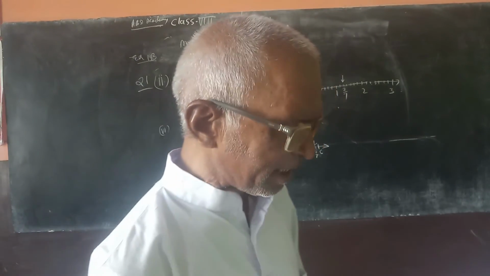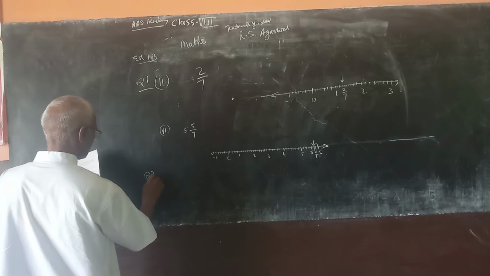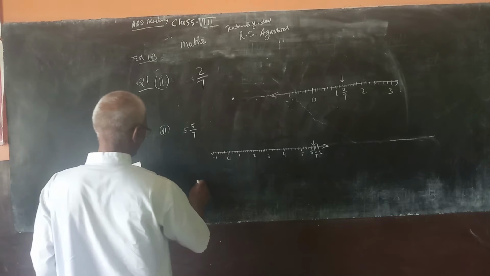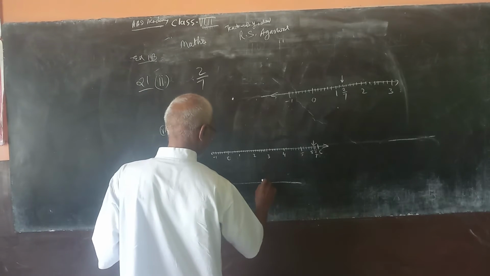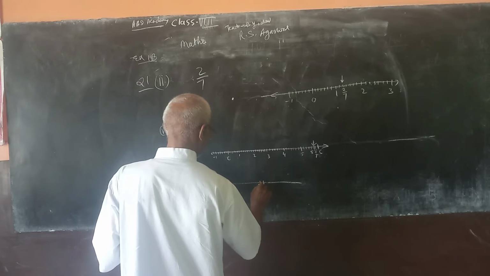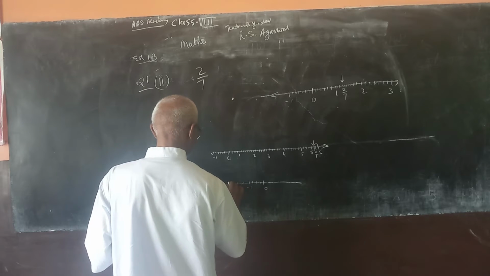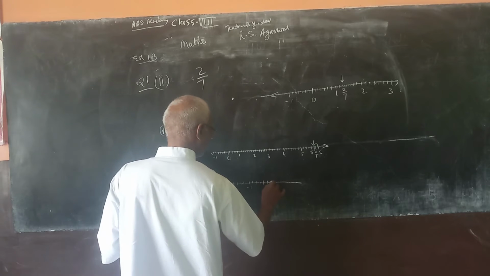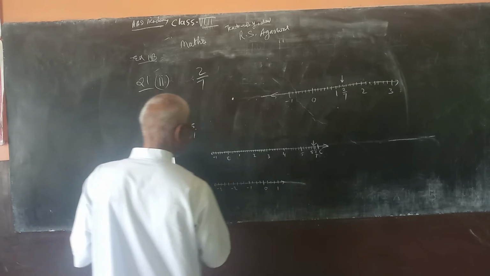In question 2, negative numbers are there. Question 2, one of these I am doing, written minus 3 by 4. It's very simple. Put 0 here. On this side, 1, 2, 3, 4. After this, minus 1. 1, 2, 3, 4, minus 2. 1, 2, 3, 4, minus 3. Likewise, 1, 2, 3, 4. Right here, 1. Number line here, no need to write more.